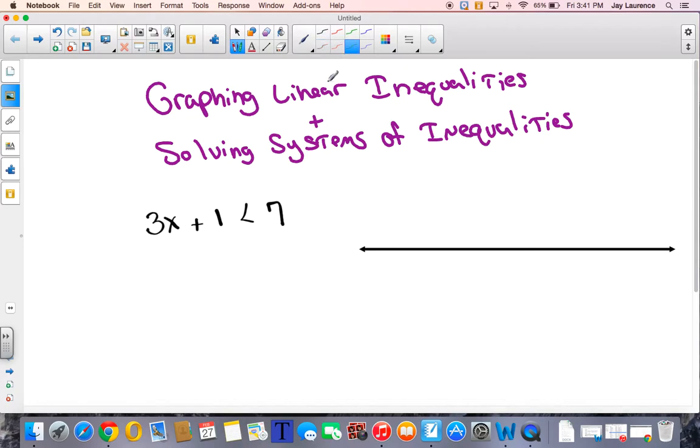Hey, we're going to be graphing linear inequalities and solving systems of linear inequalities. Should you have that word linear in there? Sorry about that. But before we do that, I want to quickly review if we had just a plain old